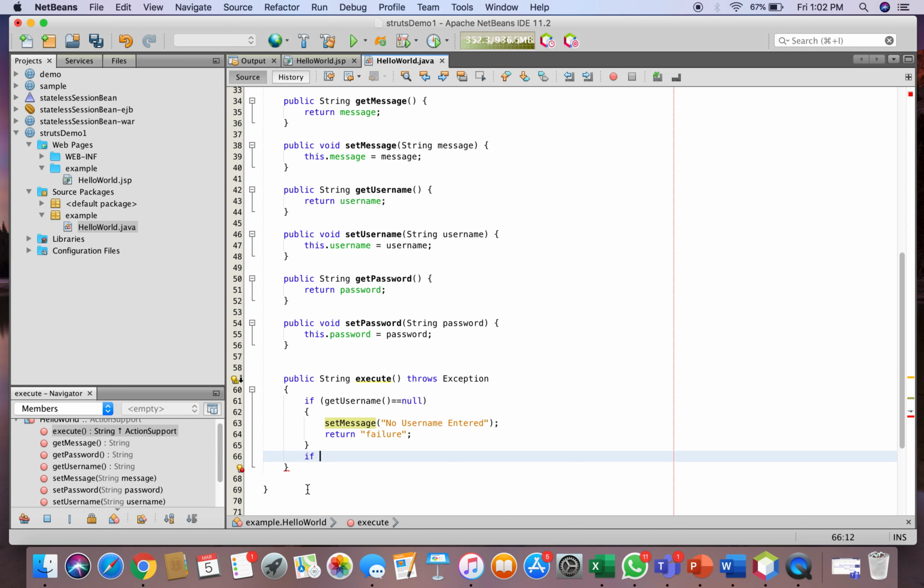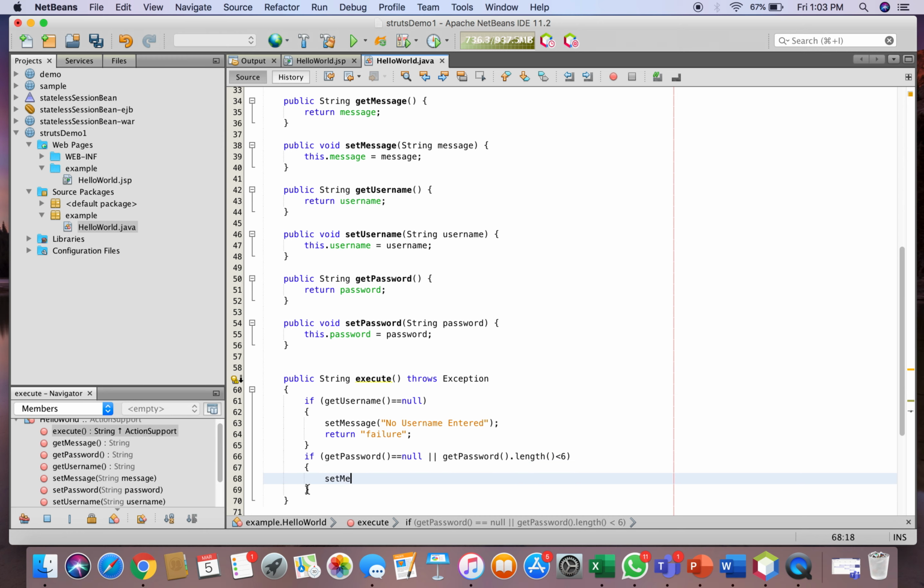Now the second part: if getPassword is equal to null, that means the user has not entered a password. Or let's add one more functionality to it by saying getPassword().length. If the user has entered a password of less than 6 length, then also we should not allow it.